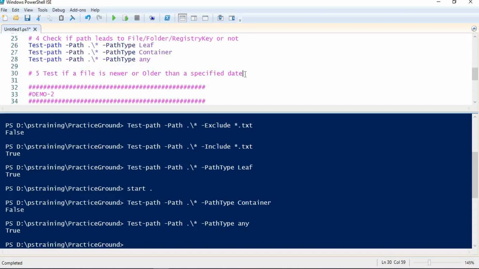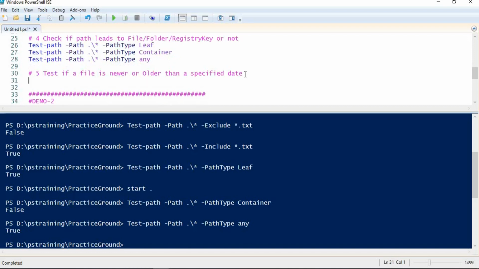My next example is in case I want to check if a file is older than or newer than a particular date, I can check it using the test-path command. For example, I need to check in my current folder whether file 1 is newer than July 16, 2000.